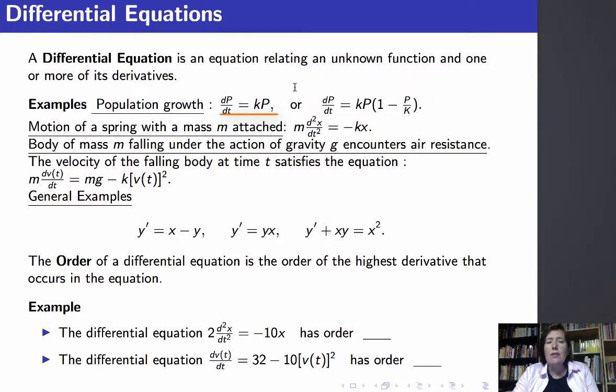It said the derivative of p with respect to time is k times p itself. So this relates the unknown function p, the size of the population, to its derivative dp/dt. And perhaps a more realistic model of population growth is given by dp/dt equals k times p times (1